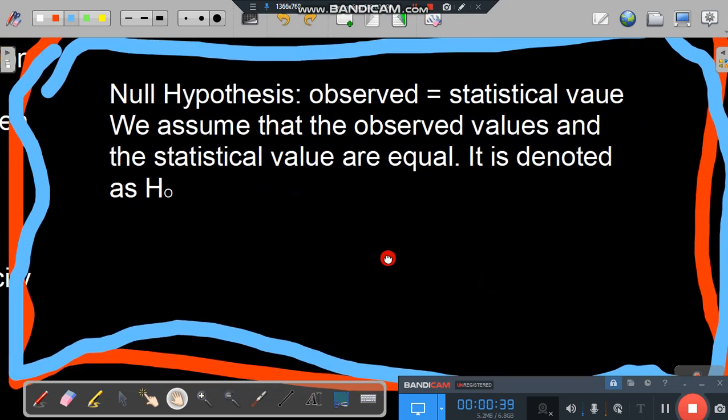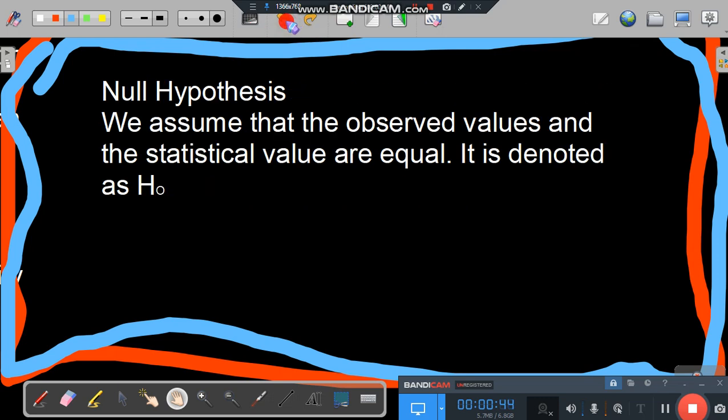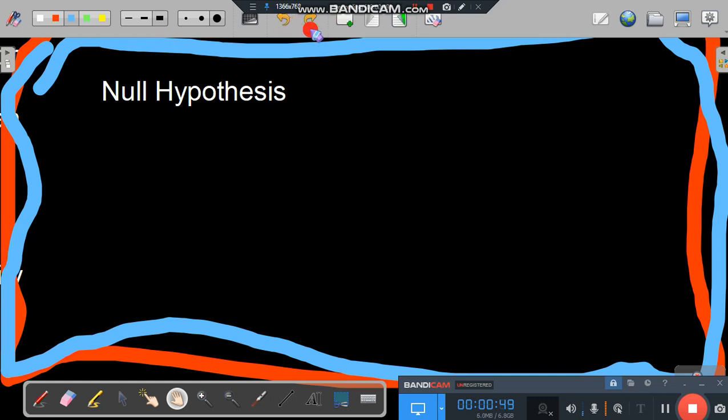Now we are coming to two different types of hypothesis. The first is what we call the null hypothesis. A null hypothesis means a blind statement for which the result is unknown. We have to finish the whole statistical test, then only can we say whether this hypothesis, this blind statement, is true or not. Now, what is the null hypothesis then?